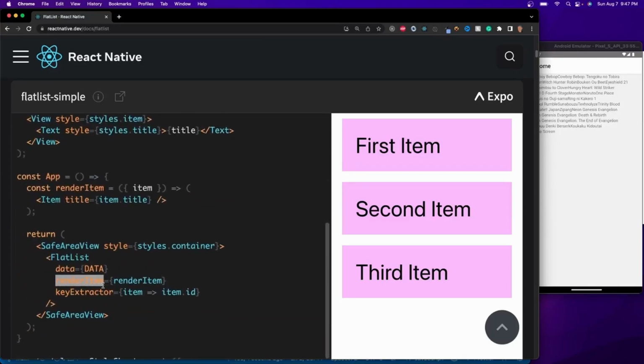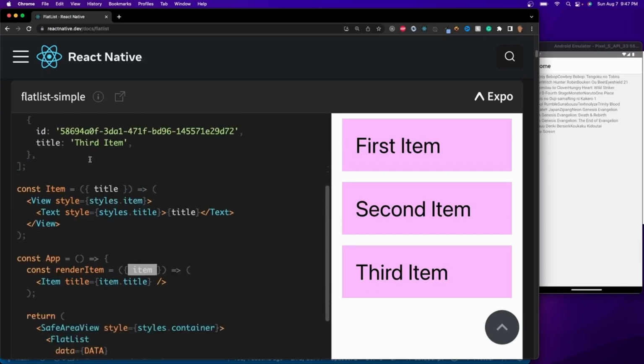And after that it has a render item. Now this prop, you can consider this is what the FlatList is going to look like. So if you pass in render item right here, what they're doing is creating this function that returns an item.title. Now what this is basically doing is sending all of the data that's associated to this array of objects